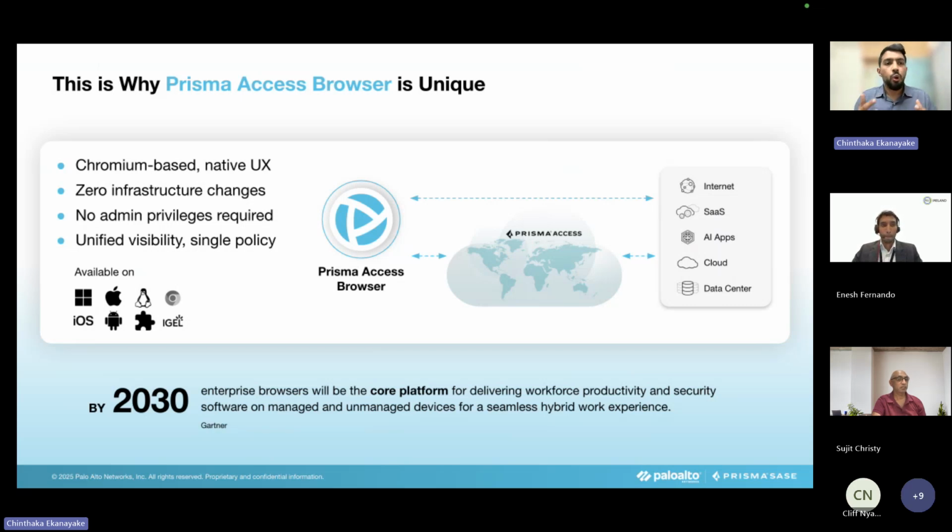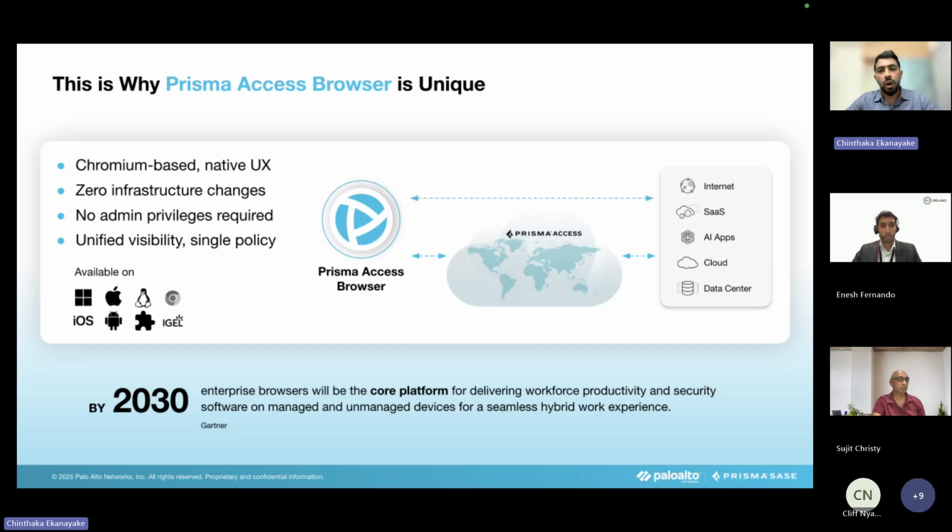So you get the same look and feel, but we have only used the required components of Chromium to deliver the experience for the user. One of the key propositions is that you don't need to do any infrastructure changes, which makes it easy to get started and start using this browser. The other aspect is that you don't need admin privileges to install this browser.